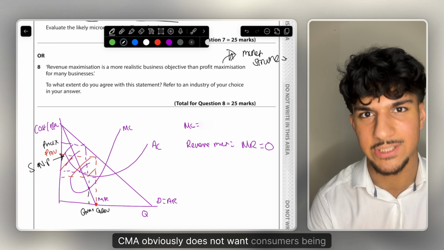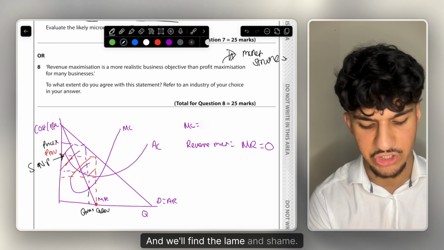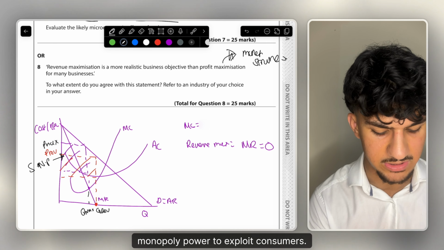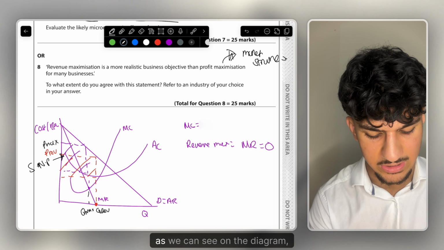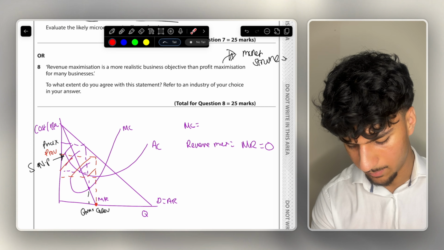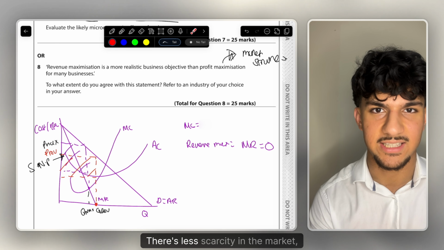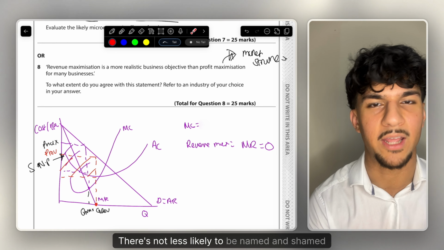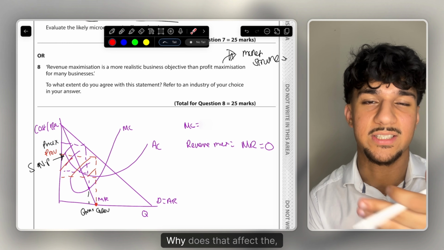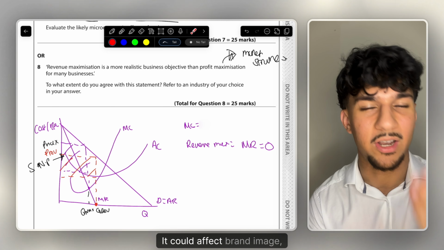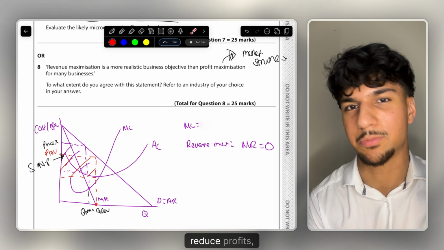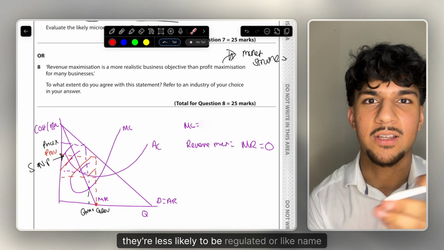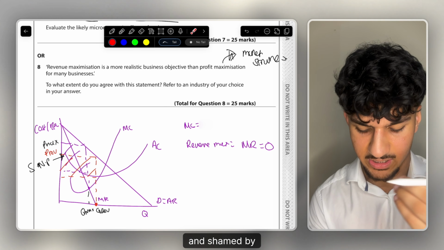CMA obviously does not want consumers being exploited, and they'll name and shame firms that have that monopoly power to exploit consumers. Thus, if a firm is revenue maximizing, as we can see on the diagram, they have a lower price. They don't restrict quantity as much, there's less scarcity in the market, thus meaning that they're less likely to be caught up by regulatory bodies, less likely to be named and shamed. Why does being named and shamed affect the firm? It could affect brand image, therefore reduce demand, therefore reduce revenues, reduce profits, etc. But yeah, so with revenue maximizing, they're less likely to be regulated or named and shamed by regulatory bodies